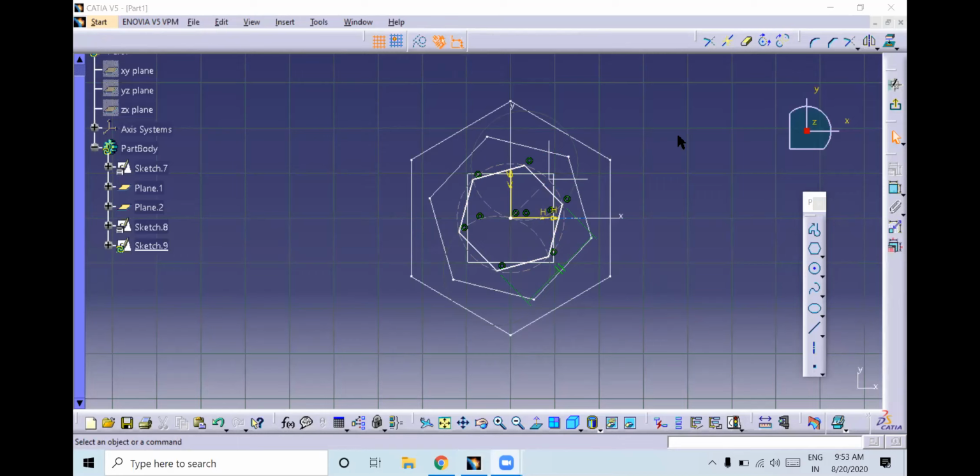So once you create it, wait for a while.